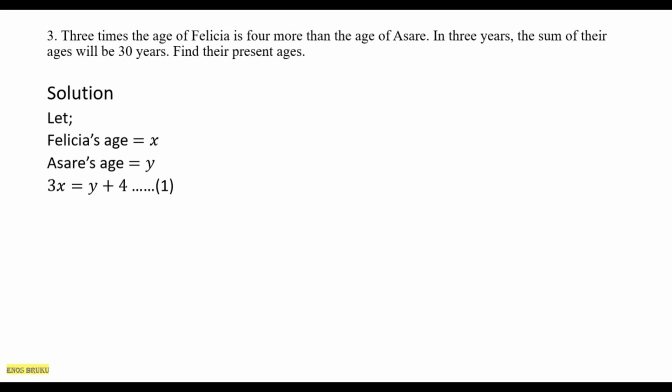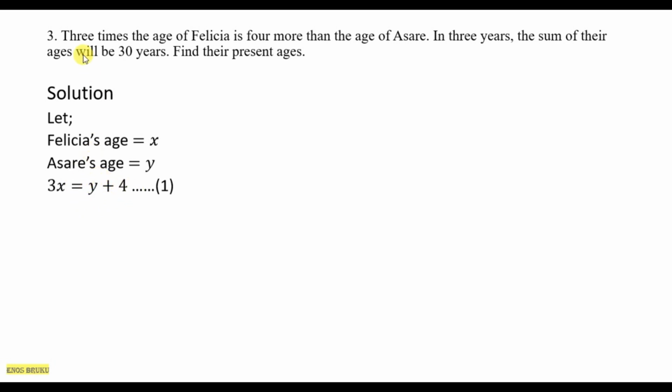So 3 times the age of Felicia is 4 more than the age of Asare. Okay, it's 4 more than. So if we multiply Felicia's age by 3, it should be equal to Asare's age plus 4,